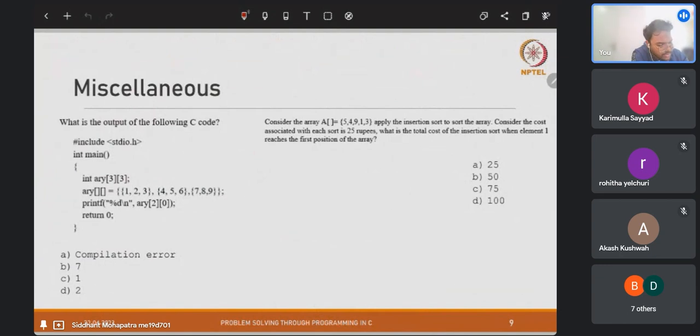So alright, we have the next question. We have defined an array which is of size 3 and 3. So 3 rows, 3 columns. Now we are trying to initialize this array ARY